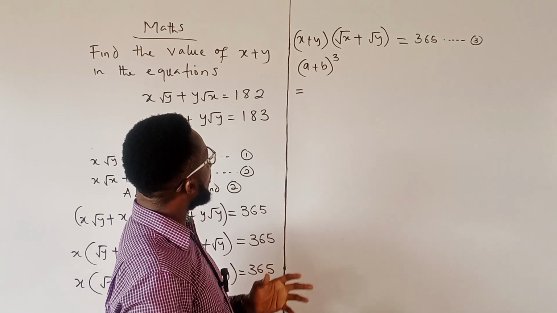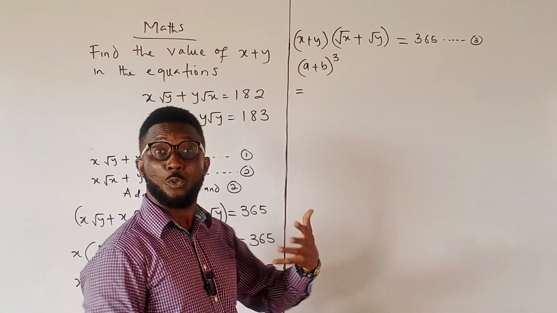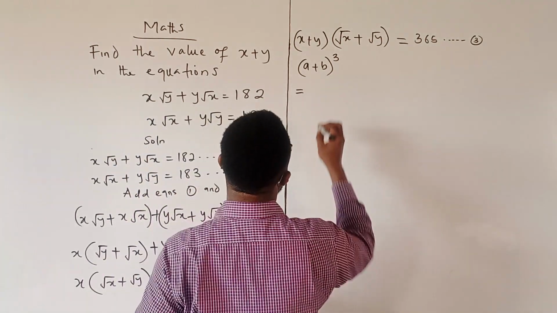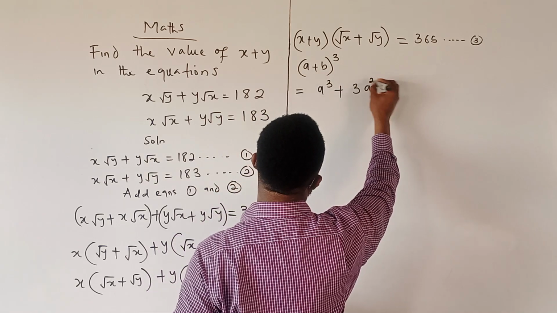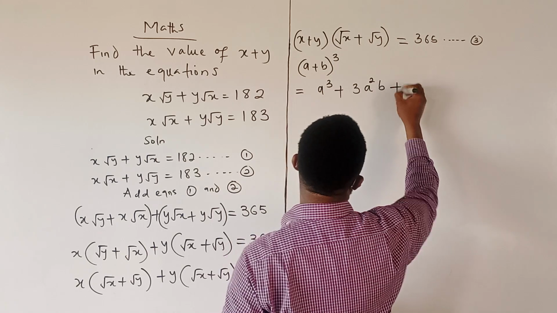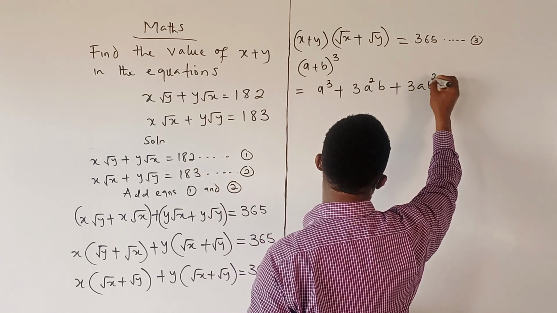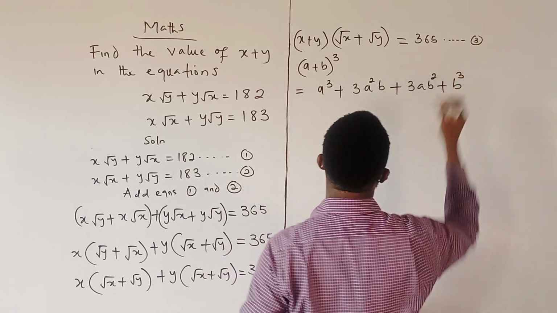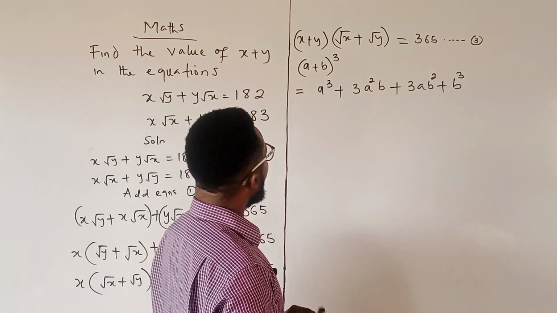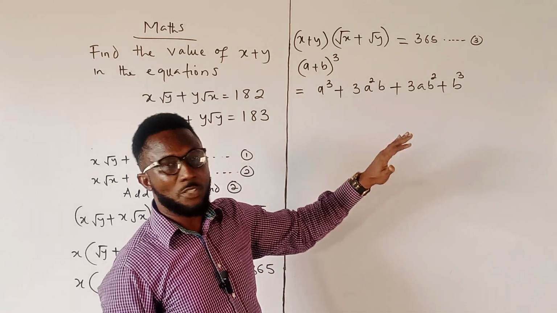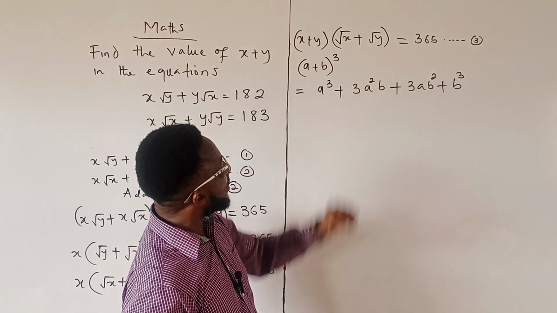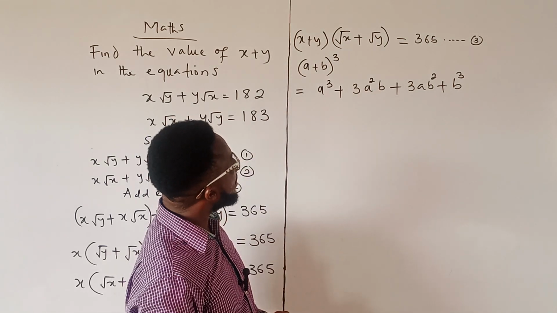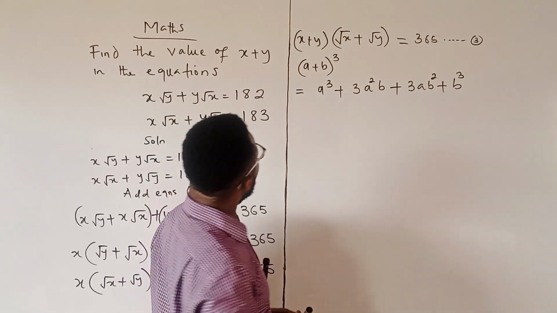Whichever approach you decide to use, what you are going to get is a cubed plus 3a squared b plus 3ab squared plus b cubed. If you check out some of our previous videos, I've solved some problems using this particular identity. So it therefore means that